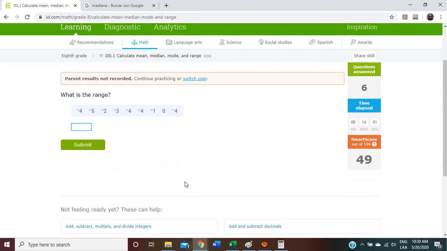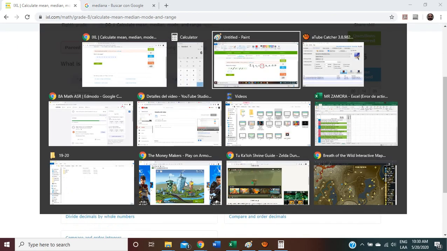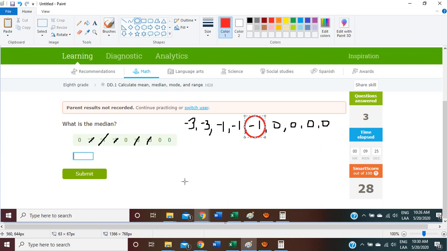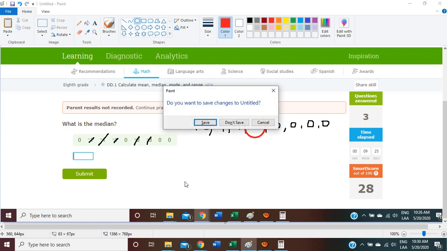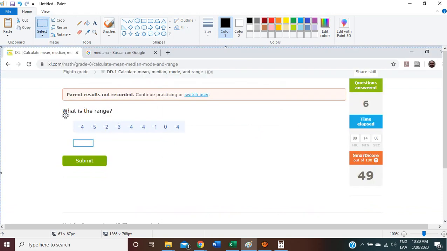Okay, what is the range? For the range, we have to write them in the correct order. All right, so the first number we're going to write is negative 5,